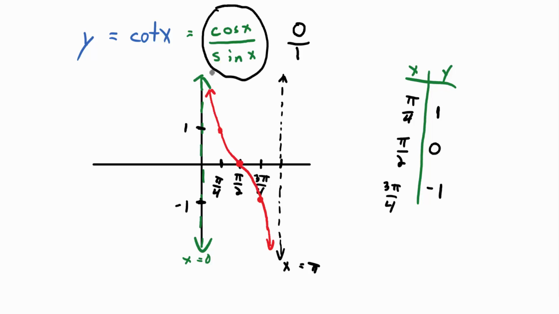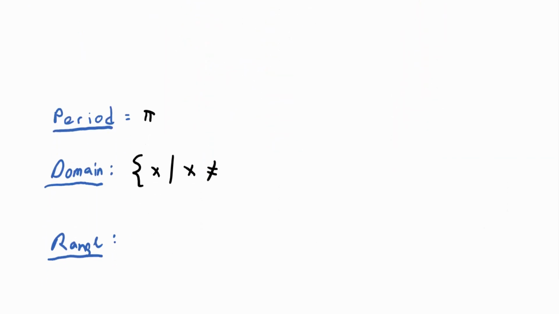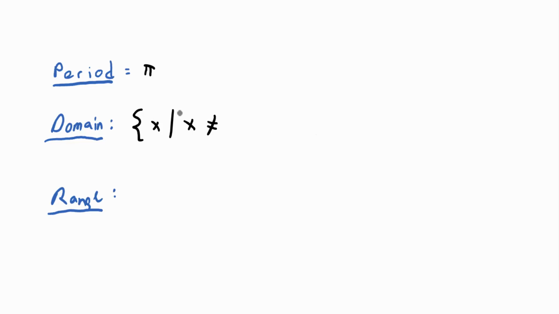So those are the values we actually have to restrict, because those are the values that make the denominator of cosine x over sine x 0. Cosine x over sine x is cotangent x. So though undefined, right? Can't divide by 0. So multiples of pi we restrict. So how do we write multiples of pi? x cannot equal multiples of pi. We just say x cannot equal